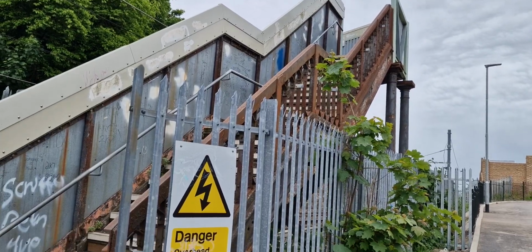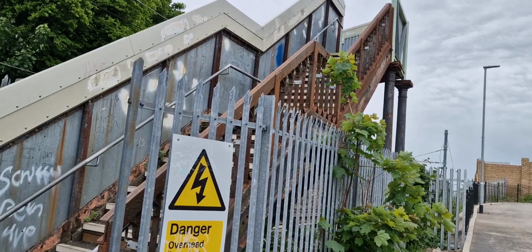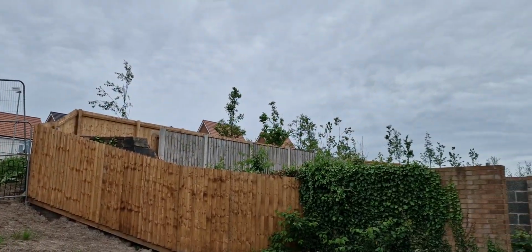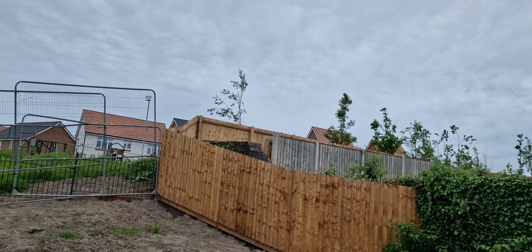And then in 1969, the line from Farnworth and Bold went to single track, and it closed to all traffic in 1981. All the line got lifted, and that's heading that way, which made the Mersey Gateway. Sad really, but